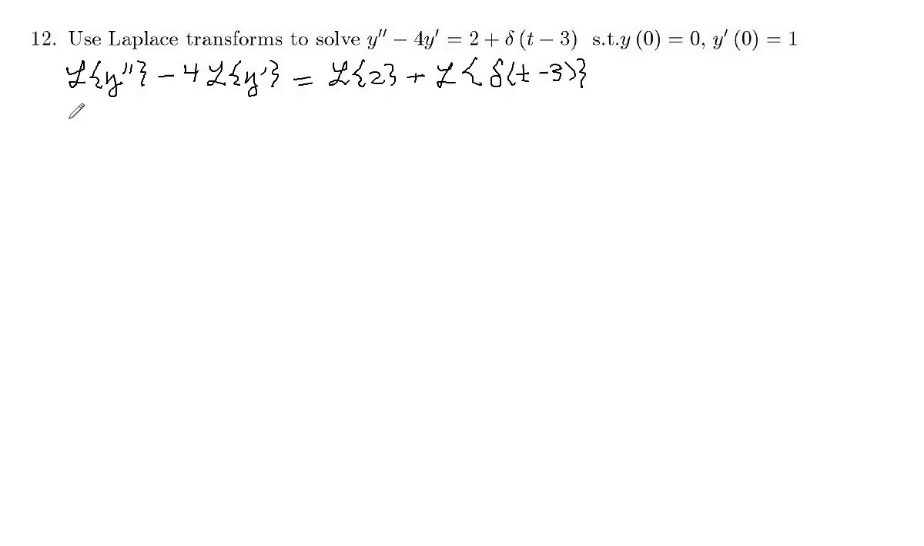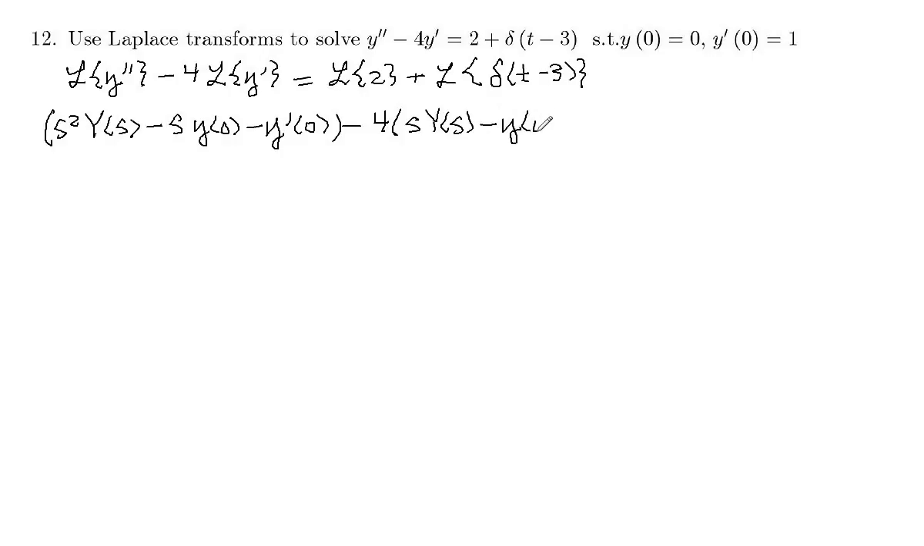So the transform of y double prime is s squared capital Y of s minus s y of 0 minus y prime of 0. That's the first differentiation formula. And then minus 4 times the Laplace of y prime, which is s capital Y of s minus y of 0,